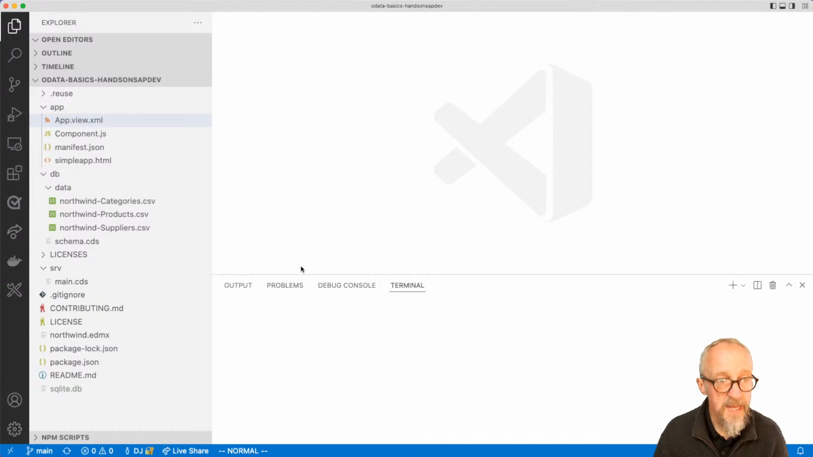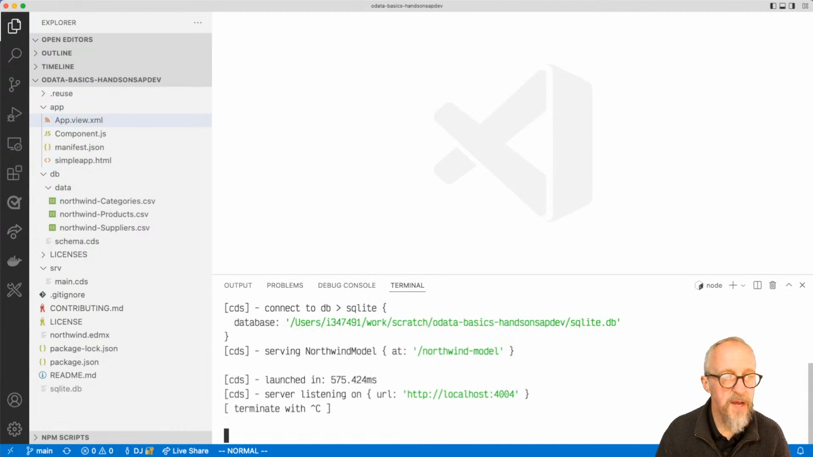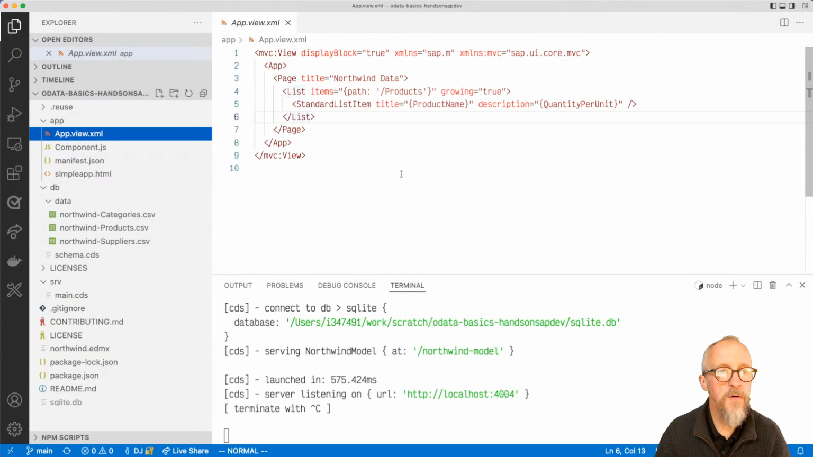So let's start up cds run, and also remind ourselves of where we left off. This is where we've got the binding to the Products entity set in our list control, and it's the items aggregation. We're using a standard list item to stamp out each of the individual products, binding the product name property and the quantity per unit property to a couple of properties of the control. Now let's bring in